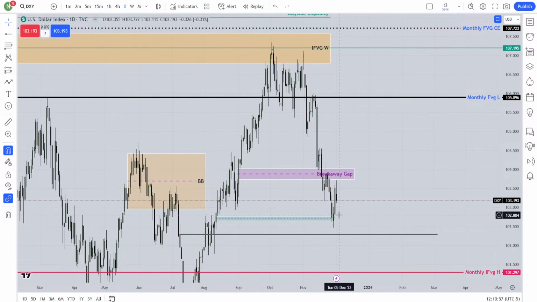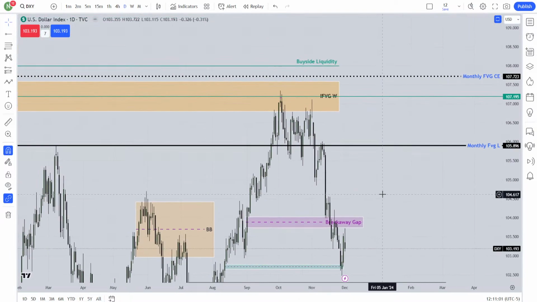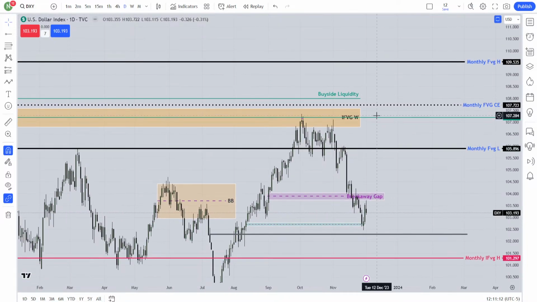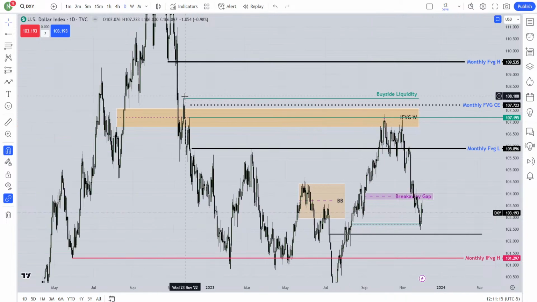I believe when it takes the sell side liquidity, any kind of sell side liquidity, and then it starts to go higher, some kind of sign it will give me. I believe that buy side liquidity will be triggered. As my monthly expectation is the market will go higher, that's why I have marked that single high as my buy side liquidity. From the monthly chart, I am expecting the market will go higher.